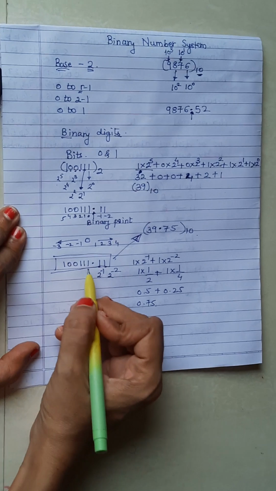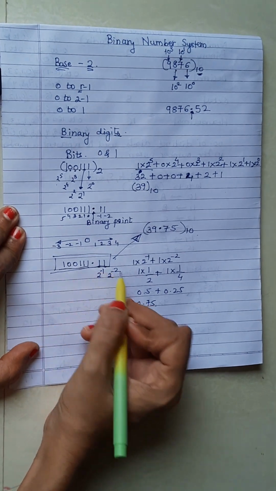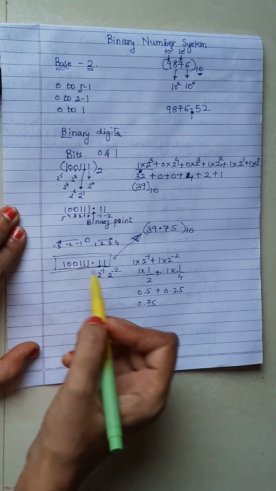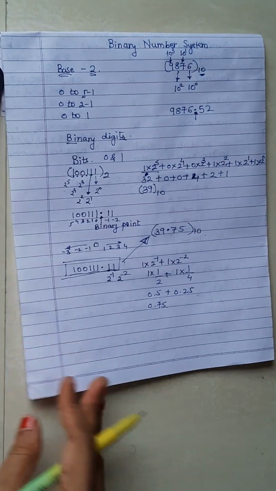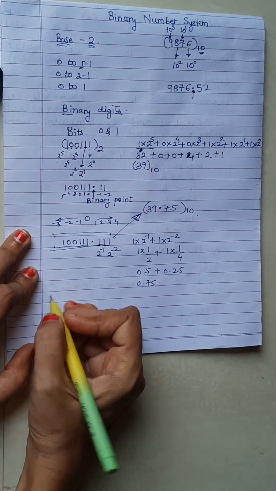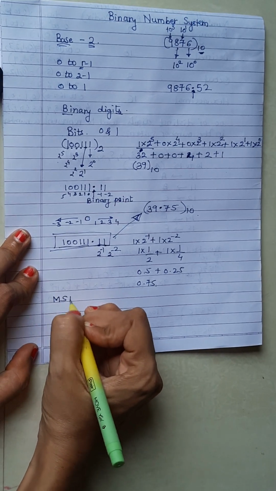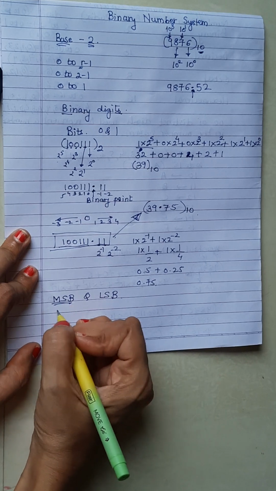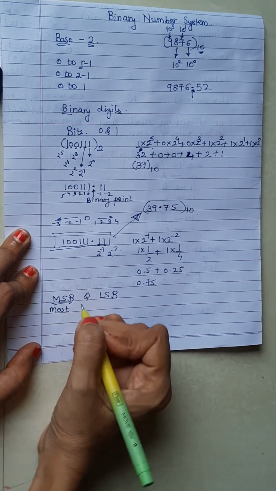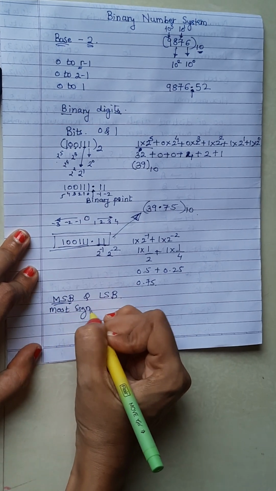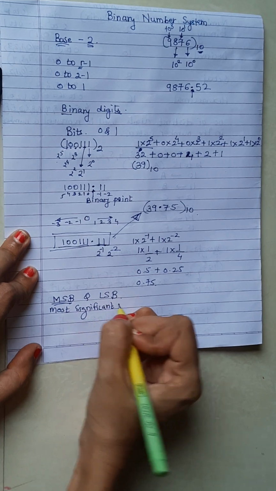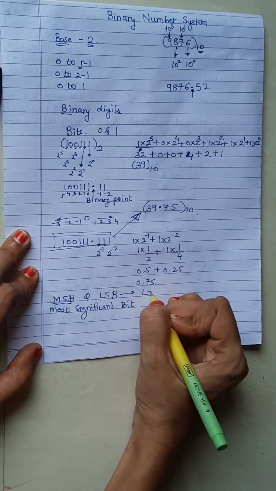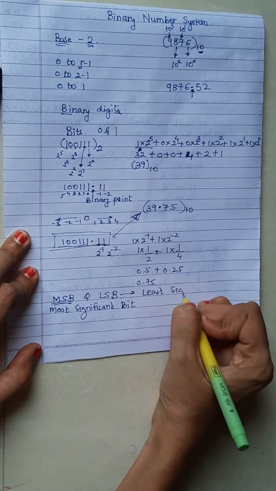If I have an integer part and a fractional part, still I can assign weights to each of the bits in a binary number. Now let us move on to the next topic, that is MSB and LSB, where the full form of MSB is most significant bit and LSB is least